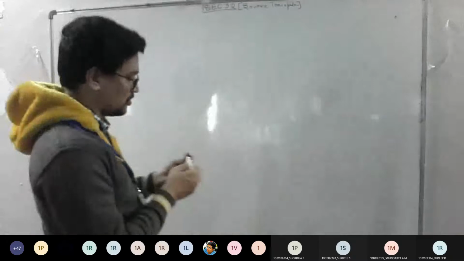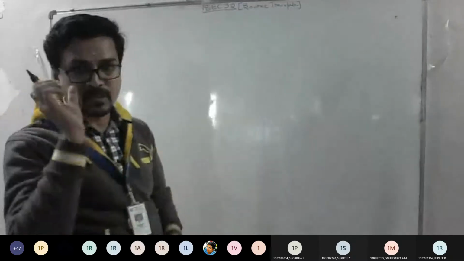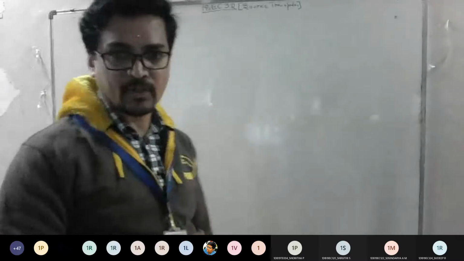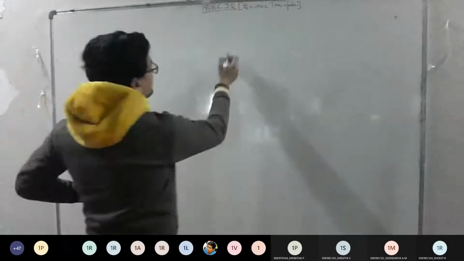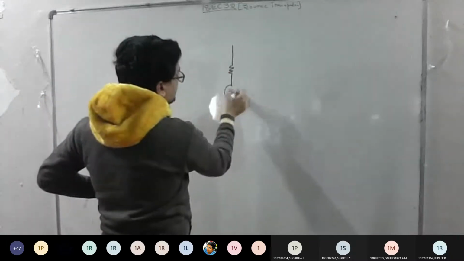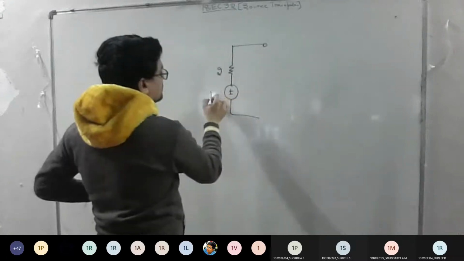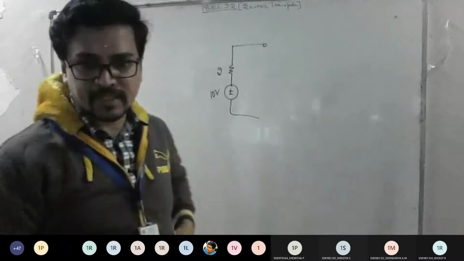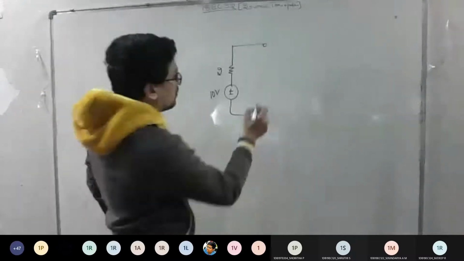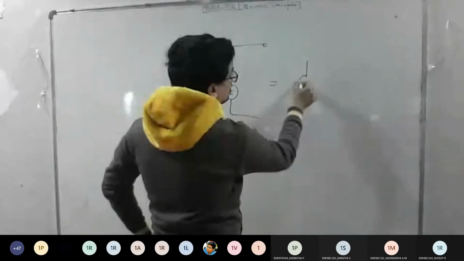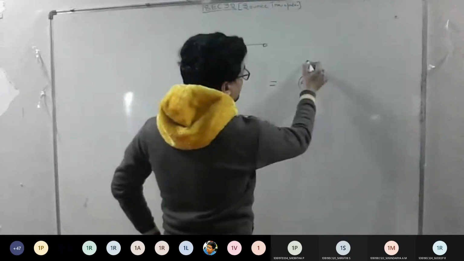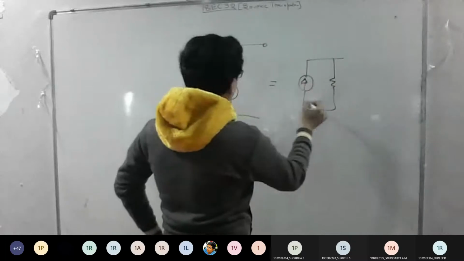Okay, fine. So let's proceed here. Before going for that, I hope everyone got the logic of source transformation, right? So how to tell that source transformation is occurring? Whenever you want to convert voltage to current or current to voltage, what is the logic I told? If there is a voltage source, and it should be a practical voltage source, and you want to convert it to a practical current source using source transformation, what is the logic here? You need to convert it into a current source, and for that current source, the resistor should be in parallel.